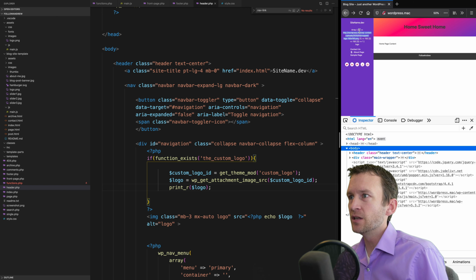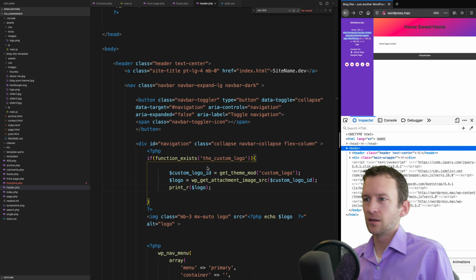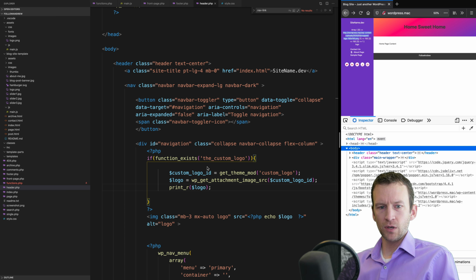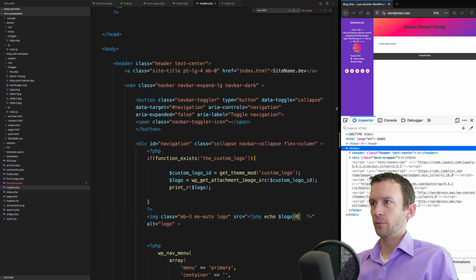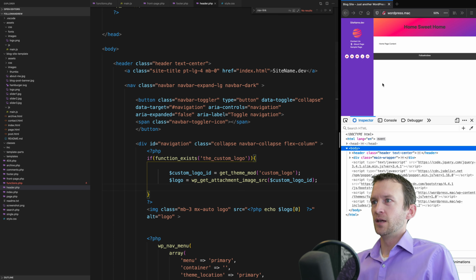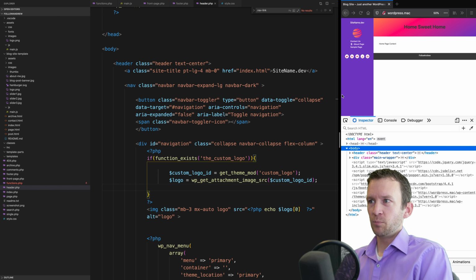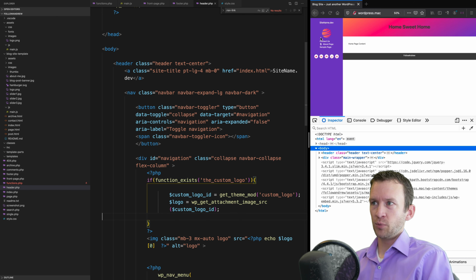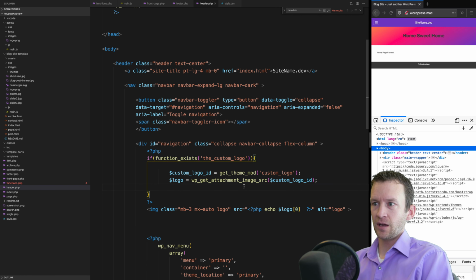Oh, it's a multi-dimensional array, and there's the width and the height. So what we need to do is get the first parameter. So we can say logo sub-0. There we go. And there my logo now shows up. Okay, so let's close that down and save. That was a little bit of work, but now you can see I can output the custom logo there,